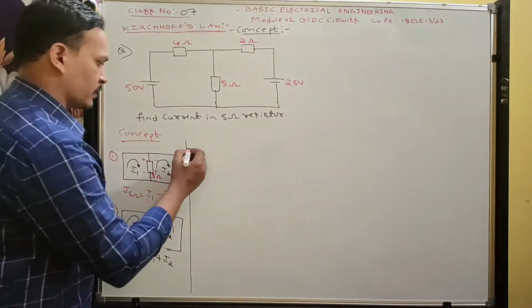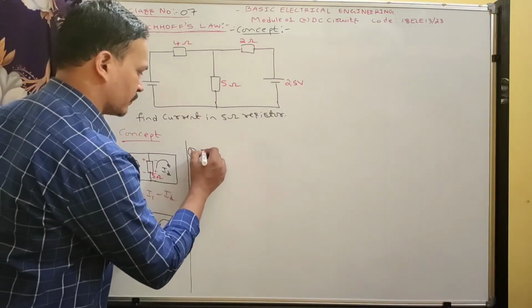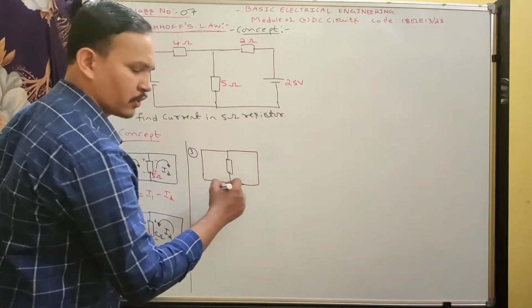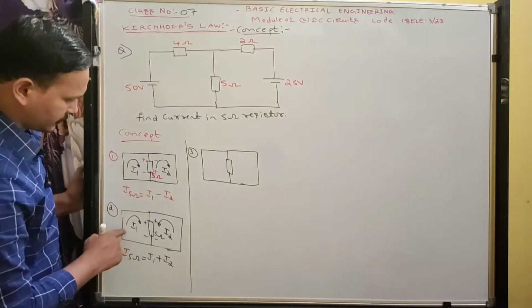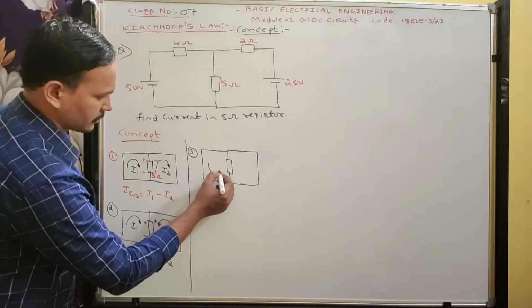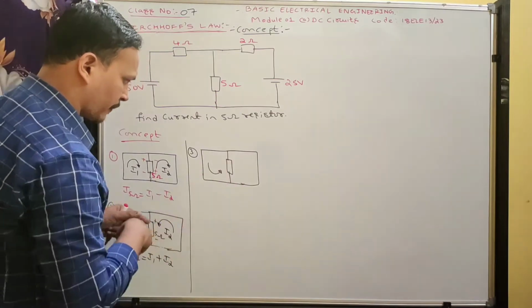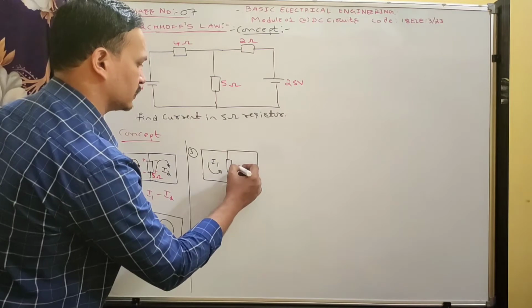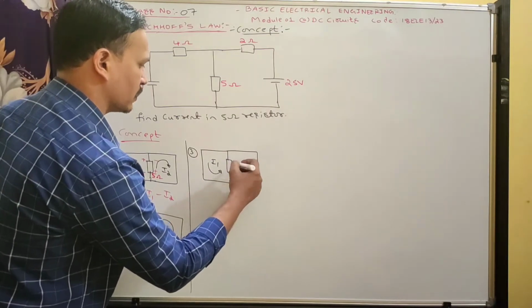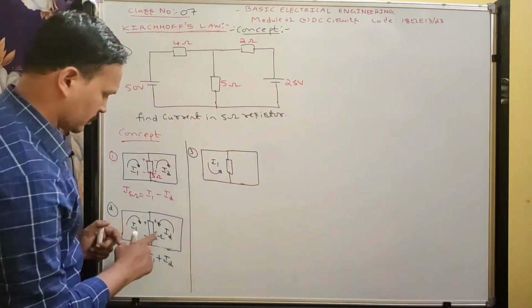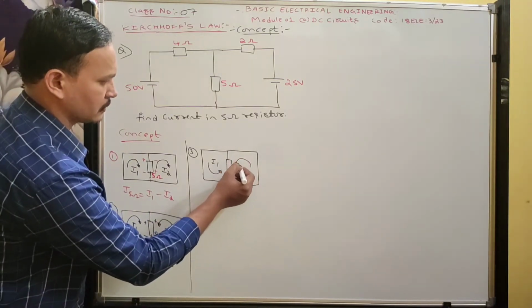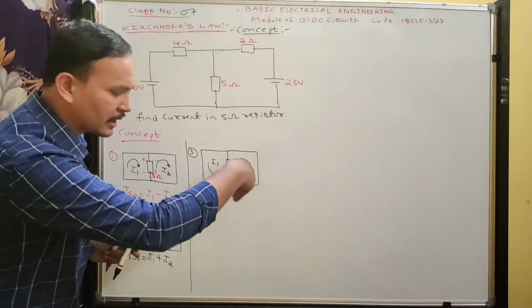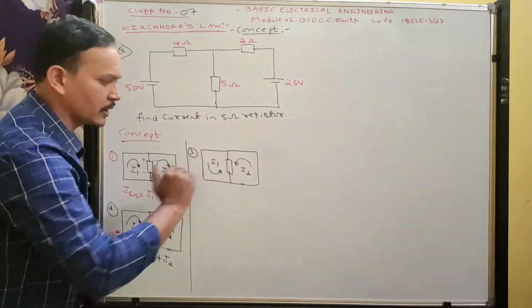Another possible way. What is the other case you can draw? Okay, 2 loops. So finally you will get 4 combinations of directions. Next, look at here. Now I am changing this direction. This is anti-clockwise, I1. Now this I am going to take clockwise. Otherwise, I will take like this. This is also anti-clockwise. Both are anti-clockwise only.